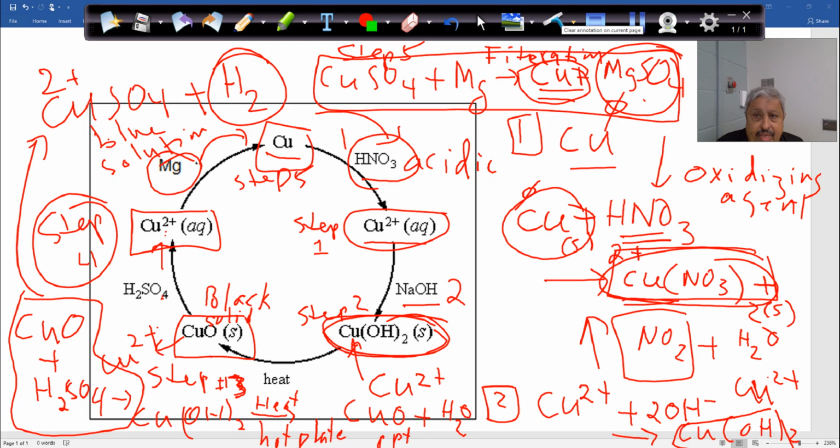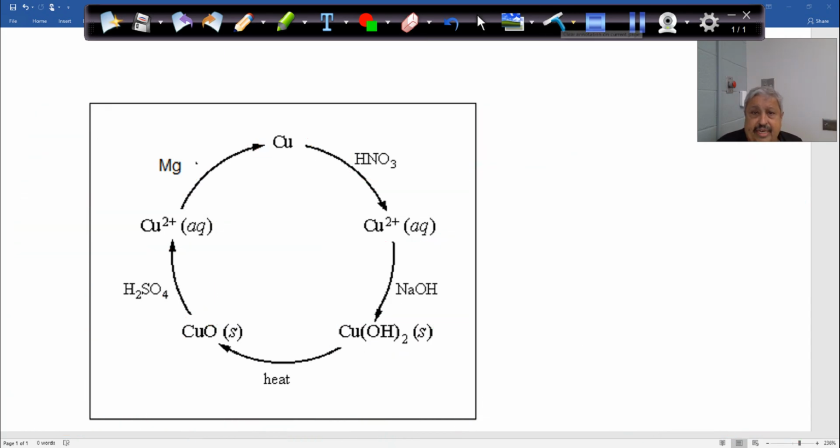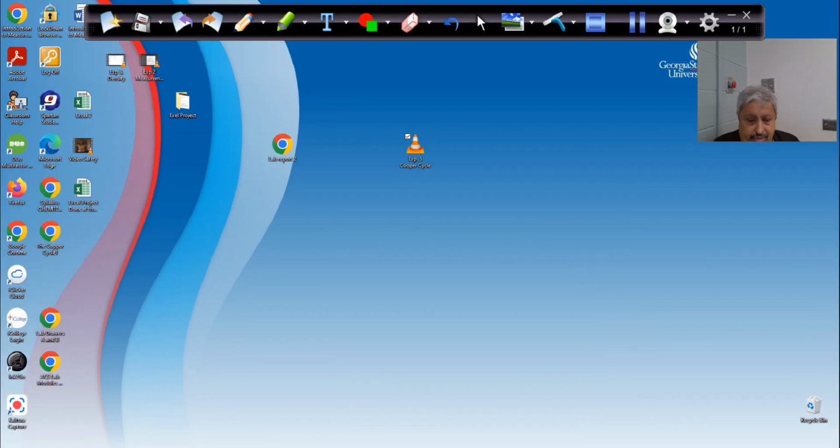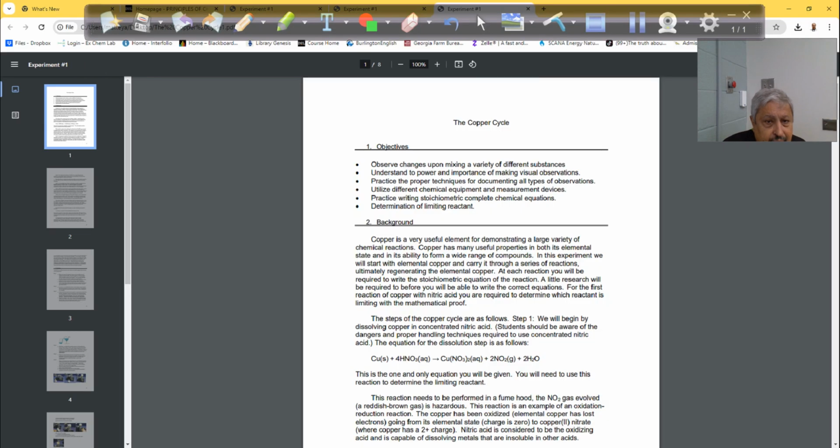So the experiment is straightforward. There's no problem with that. So let me just look at now. Hold on here. Let's look at the. Let me see if experiment 5. Yeah, if I look at this,